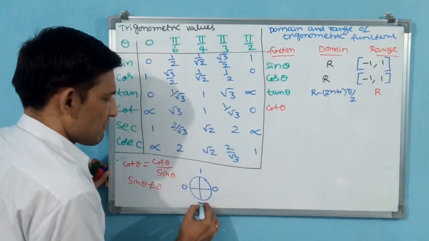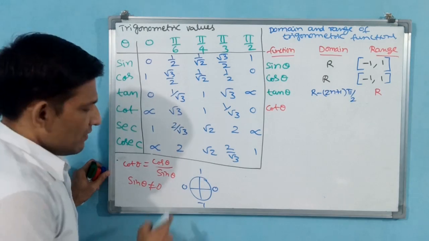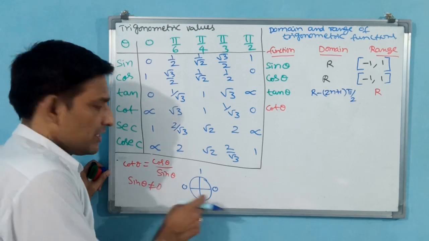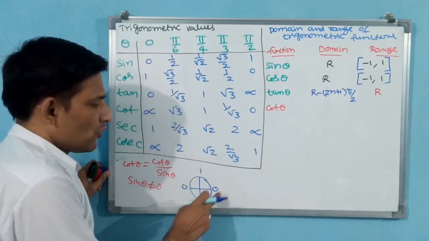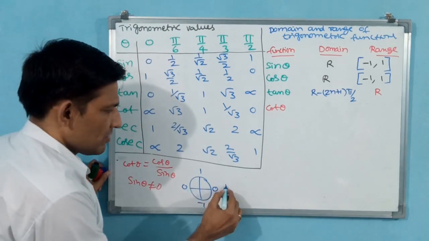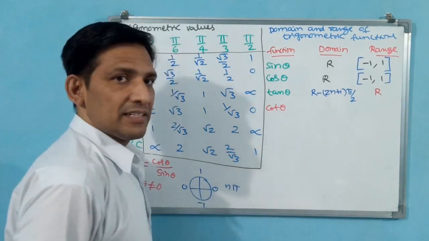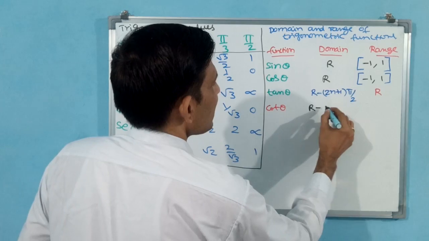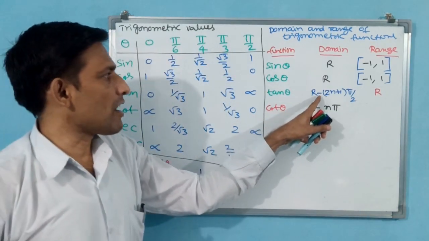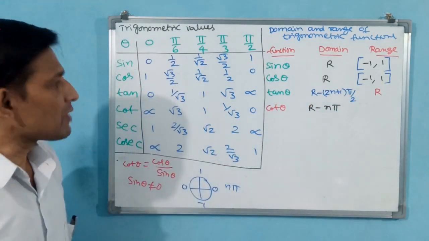Where is sin theta becoming 0? 0, 1, 0, minus 1. You see, in these two areas, sin theta is becoming 0. What are those two areas? 2n pi, 2n plus 1 pi. If you combine these two, n pi. That means here for cot theta the domain you have to give is R minus n pi. See, this is R minus 2n plus 1 pi by 2 for tan, and R minus n pi for cot. Now what about the output?